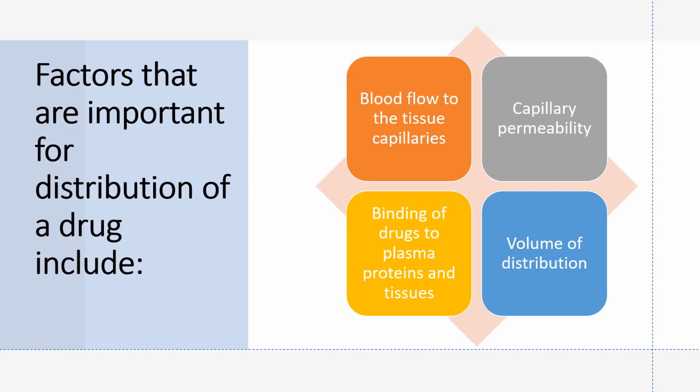So again, there are some factors that affect the distribution of drug. The first factor is blood flow to the tissue capillaries. Basically, when there is increased blood flow to the tissues, there would be increased distribution of drug to those tissues. The next factor is capillary permeability, that is determined by the structure of the capillary and the chemical nature